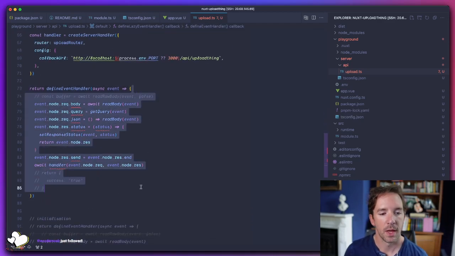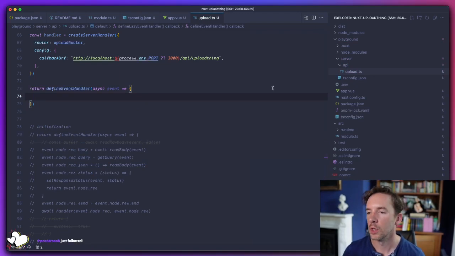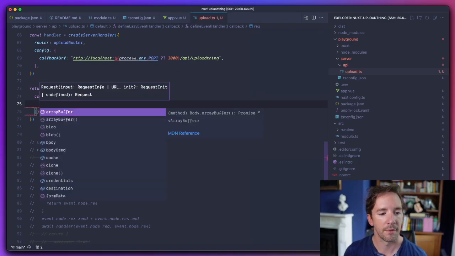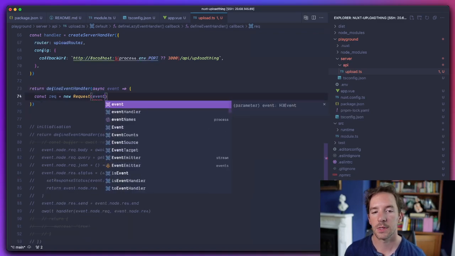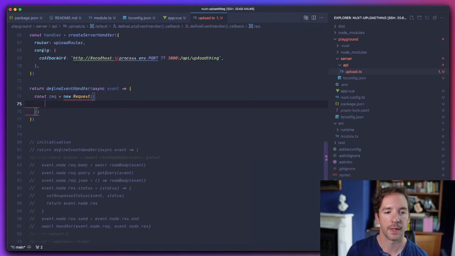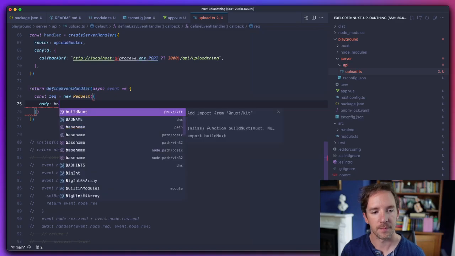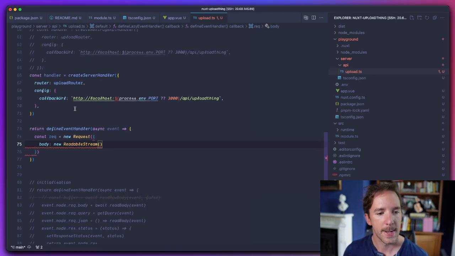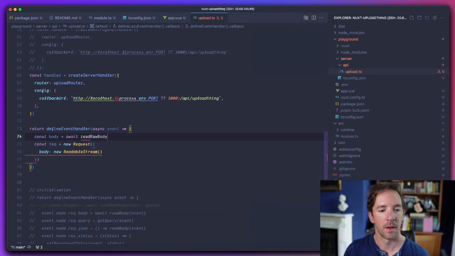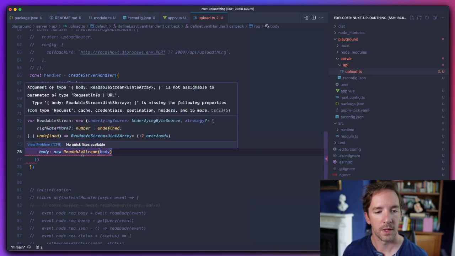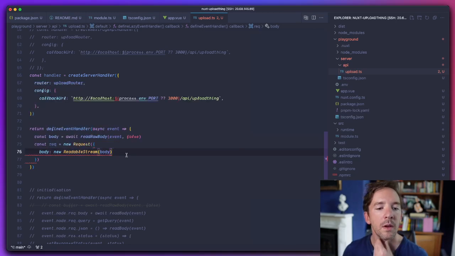Okay, we'll try this. So what you're suggesting is new request. And it's going to have what in it exactly? You want to pass the event into it? Because it needs to have like stuff in it. It needs to have the body, which needs to be a stream, I think. So can we take it like that? We need to have